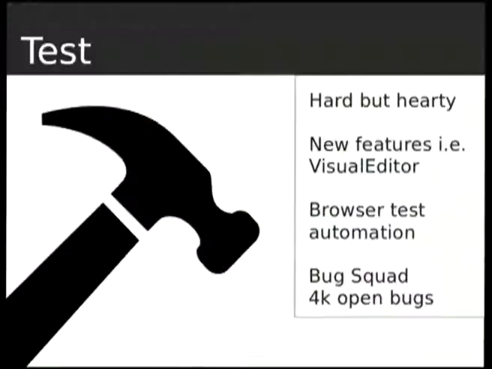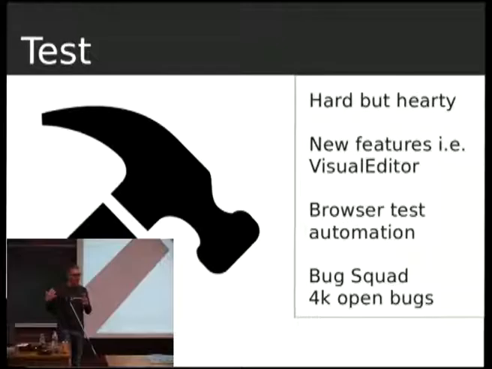You can also get involved in testing. Testing is usually an easy entry point for non-developers, for instance, to get closer to development. It's also that if you're a good developer, you should work on things that can be improved. And a way to know what can be improved is by doing testing. So we do testing of new features coming to Wikipedia. For instance, visual editor. Who has a Wikipedia account? Who has registered to Wikipedia? Okay, that's pretty good. So if you go to preferences, you can enable this visual editor, which basically allows you to edit pages in an editor that looks like the final page already. Pretty neat, but quite buggy at the moment, and it could get some improvements in performance.